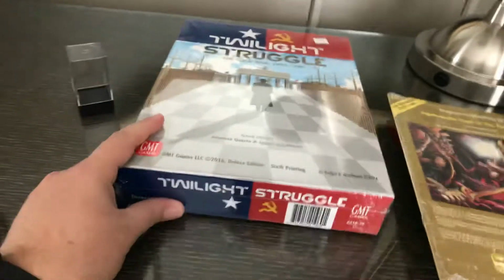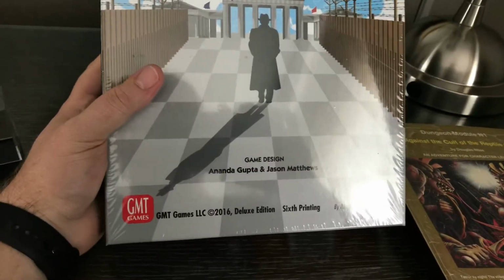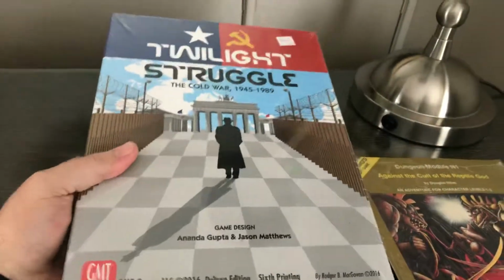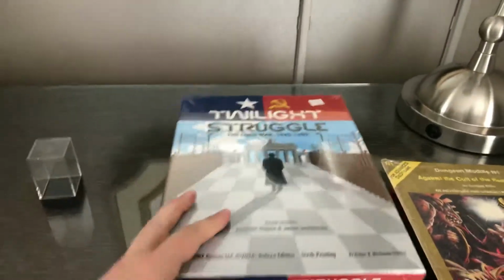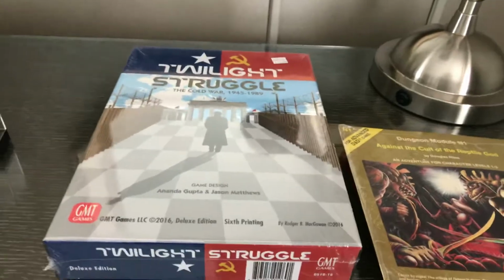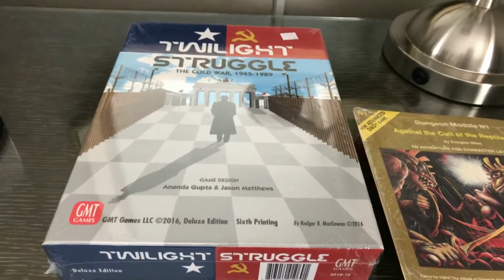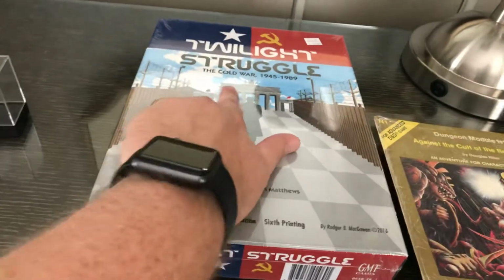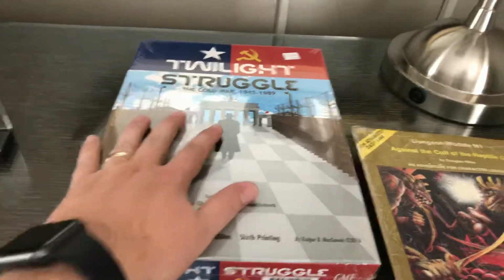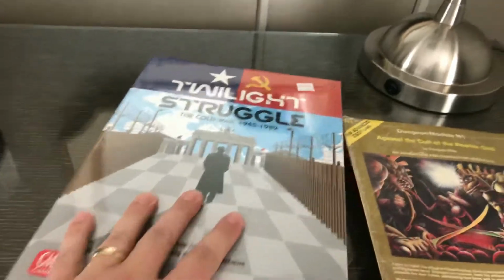And then I got a board game. It's Twilight Struggle, made by GMT Games, by Ananda Gupta and Jason Matthews. This game's actually been out for quite some time. From all the reviews I read on it, it's a very well liked game, with a lot of very positive reviews. As you can see, it takes place in the Cold War. It's a two-player game, basically dealing with the Cold War between the United States and the USSR,